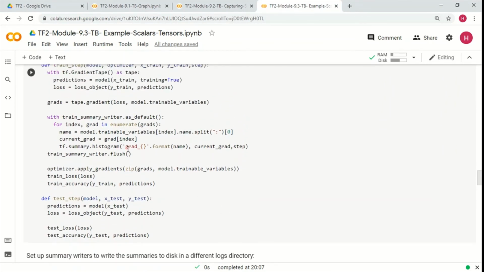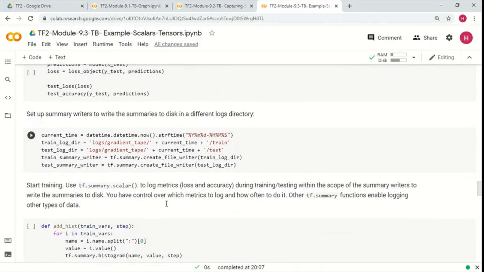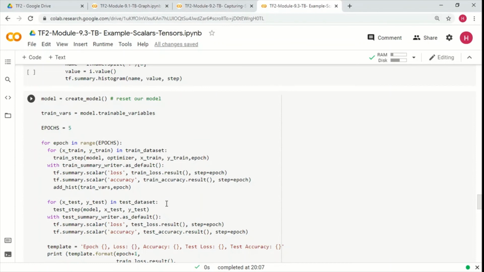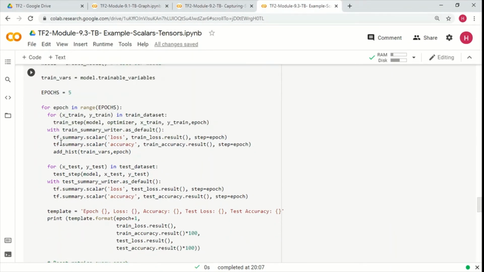The reason is that the gradients are available right after we have the tf.GradientTape, so we are logging them immediately over here. And while we are executing this training loop, we are logging the trainable variables histogram by calling this function over here.